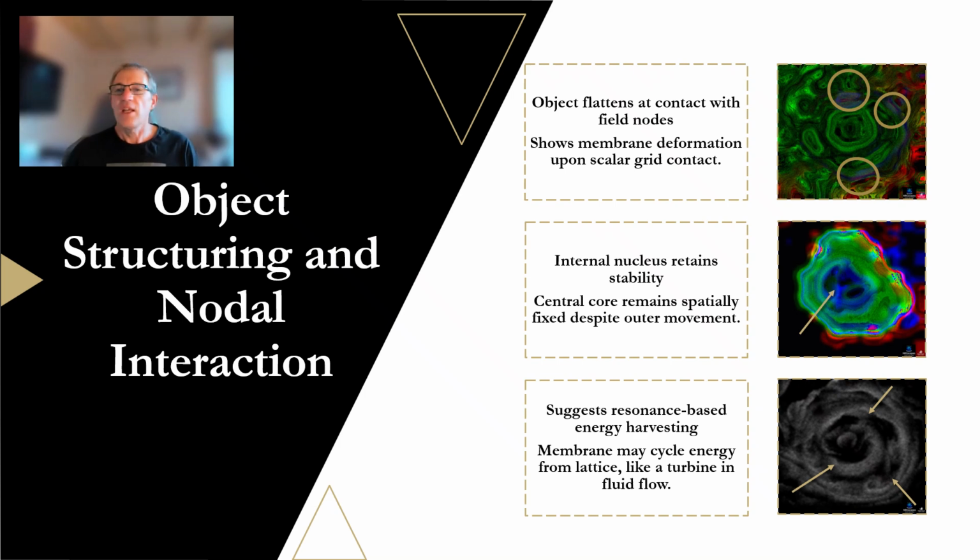Now the object gets flattened, as I've stated previously, when it comes into contact with these energetic nodes, almost as if it's like a gunshot of energy as it reaches out and harnesses from these nodes in the lattice, and then it gets incorporated into the object itself. While this is going on, the nucleus itself always seems to maintain stability. We've got some flux lines that seem to vary around it all the time, because we're taking a two-dimensional slice through a three-dimensional object.